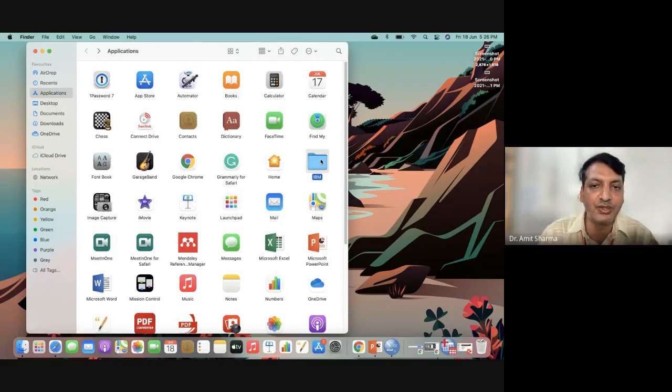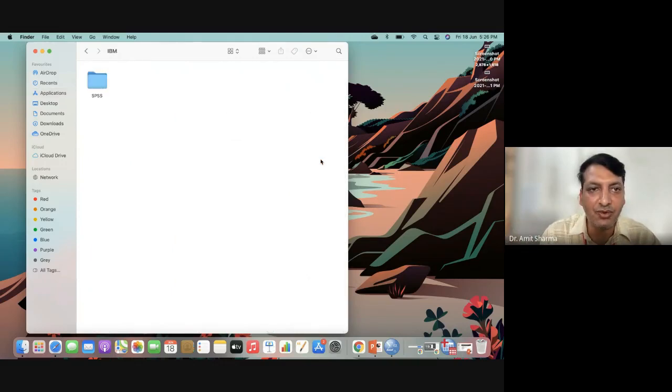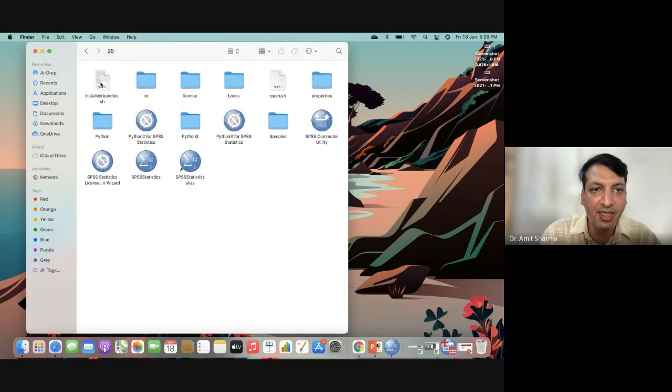The participants who are using a Windows operating system are going through the C drive. After the C drive, there is an option called Program Files, and inside Program Files you are going to get a folder called IBM. So till here, the root is different. After IBM, you are going to get a folder SPSS, then Statistics, then the version number. I'm using version number 25. And for Windows users, they have to replace the file here only.